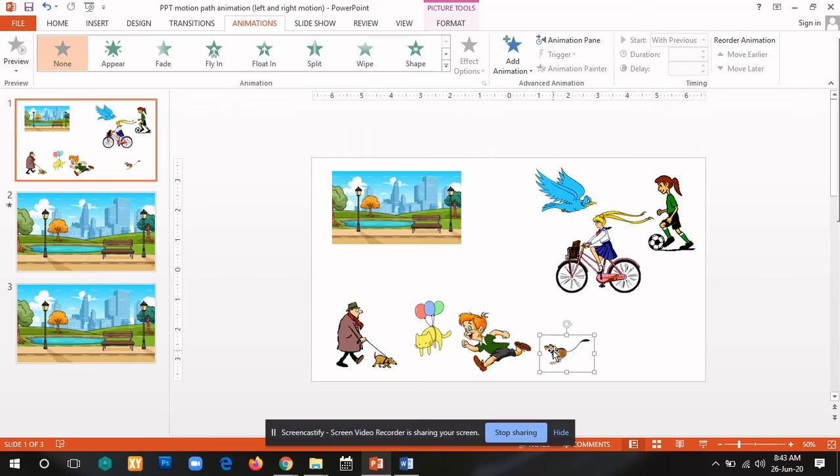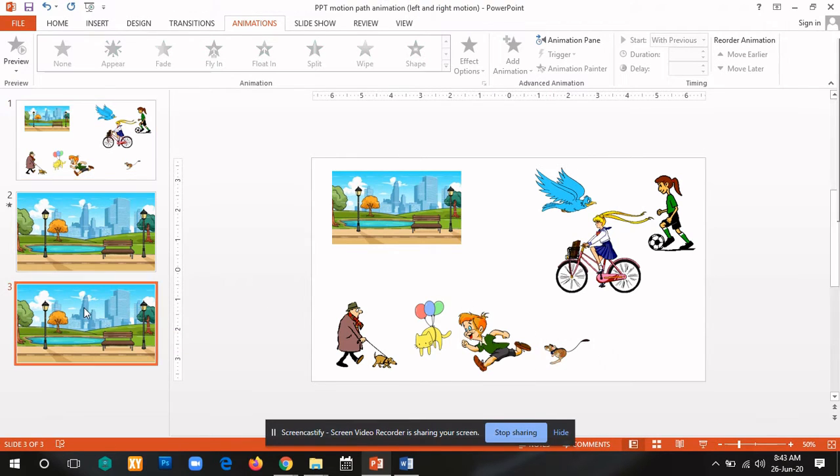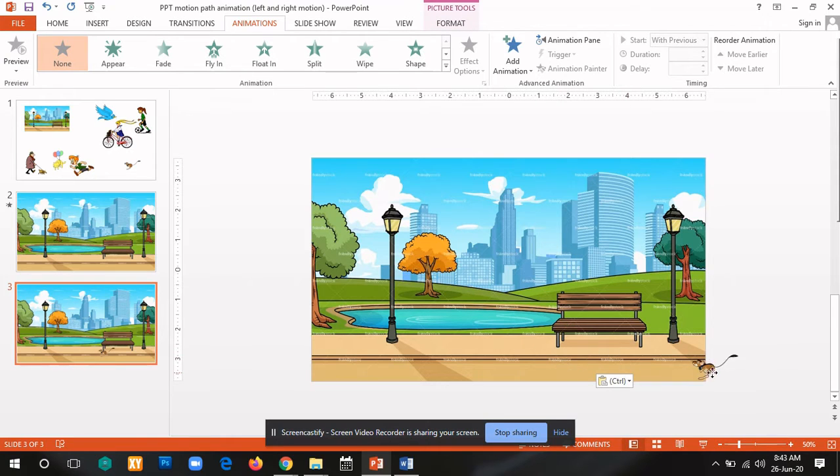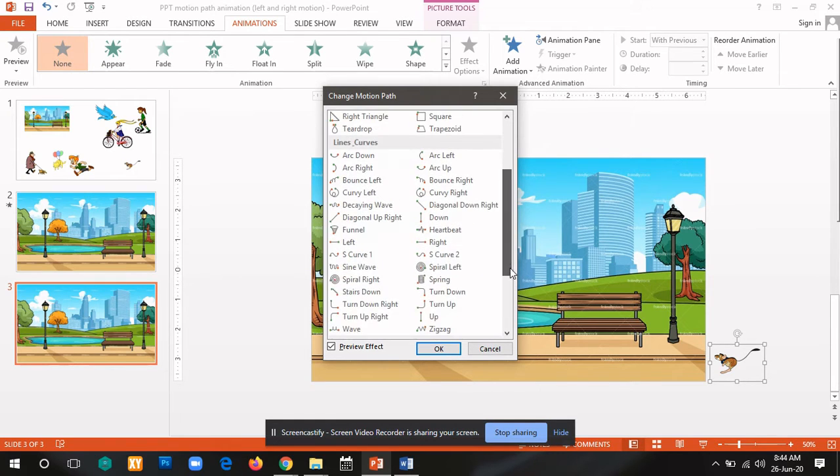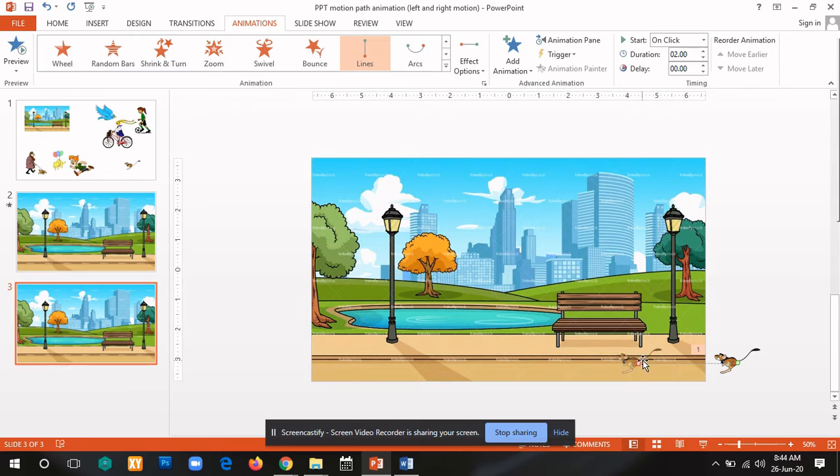So I'll put first this running mouse. Copy and paste. Same thing. Click animations, drop down arrow, more motion paths, and then going to the left. Click left. And then adjust to that. There. And then adjust the timing. So with previews, let's say I want the mouse to run for 7 seconds. And then next,